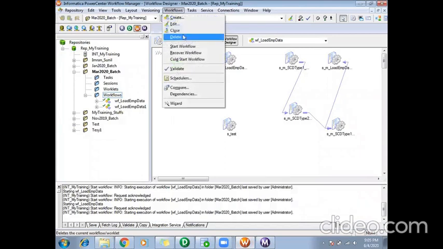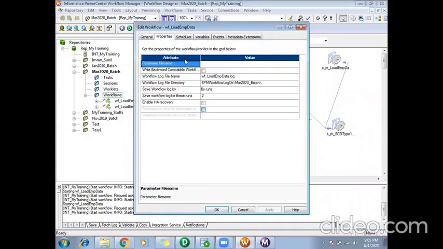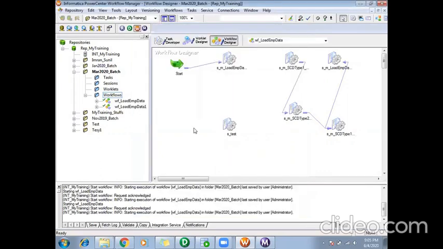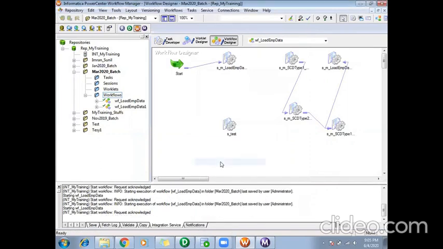Since I have given the save workflow log for these runs as 2, it will start from 0. So 0, 1, 2, for the first time, second time and third time, it will save the log file for your workflows. Now if I run it again,